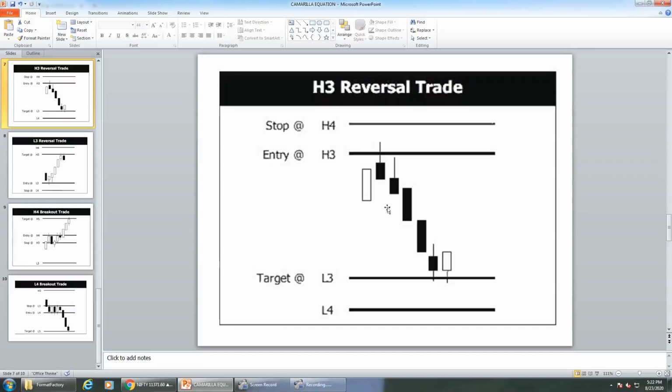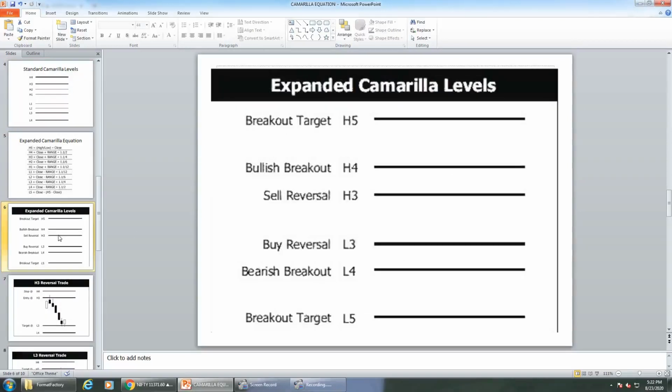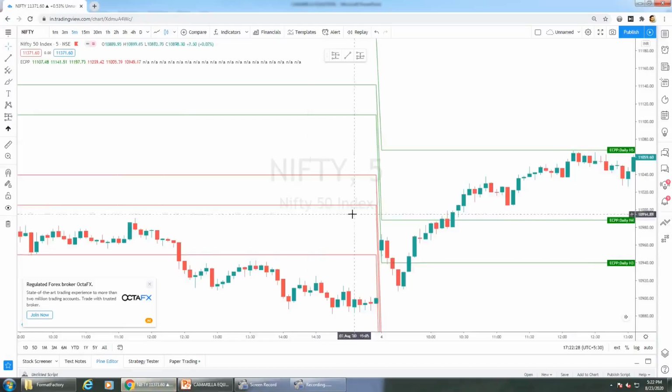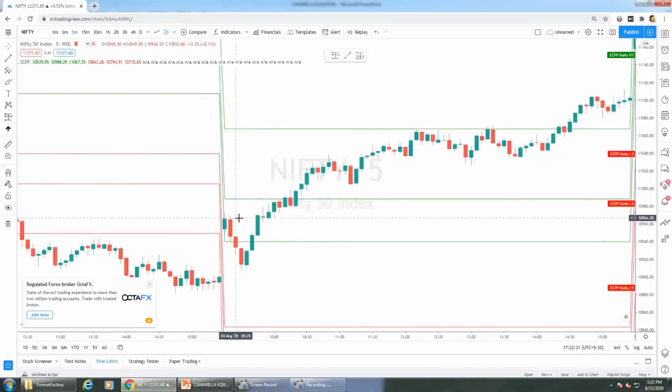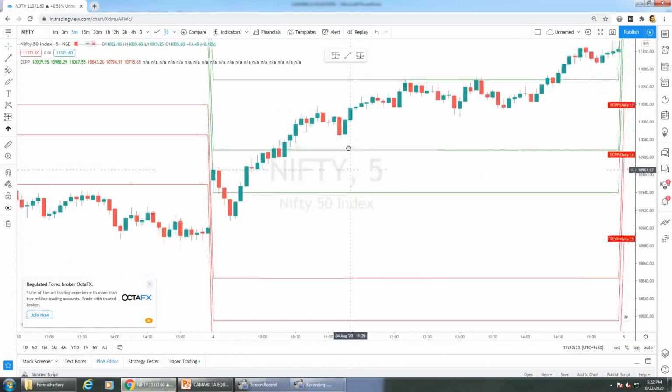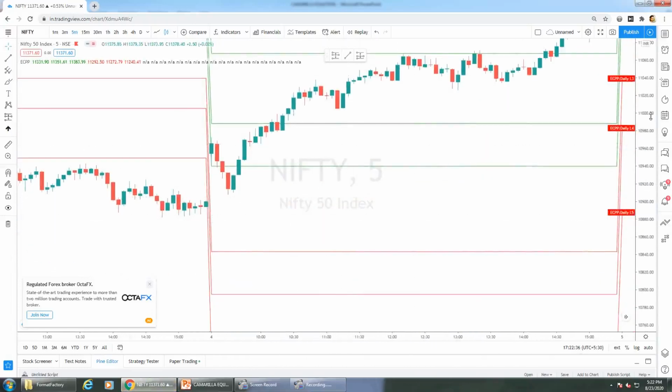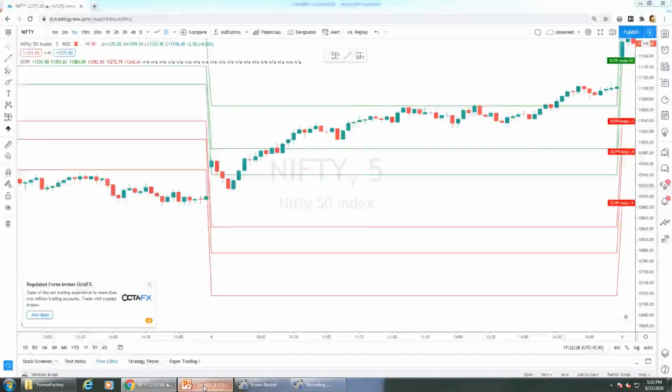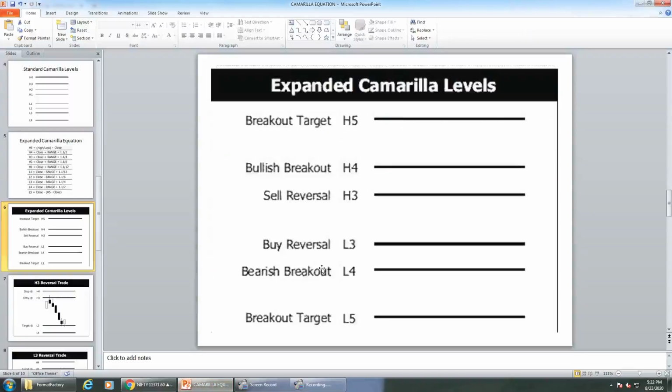Just look for the reversals at H3 and L3. If it doesn't give you the reversal, the next point is you need to look for a breakout at this resistance, and similarly you need to look for a breakout at this L4, that is support. Whenever you have a trade with such criteria, you can go for that trade as beginners. For advanced traders, we have other trades too, like when it opens above H4 and below L4 and what we need to do. I will be covering that later. As of now, concentrate on these safe trades.